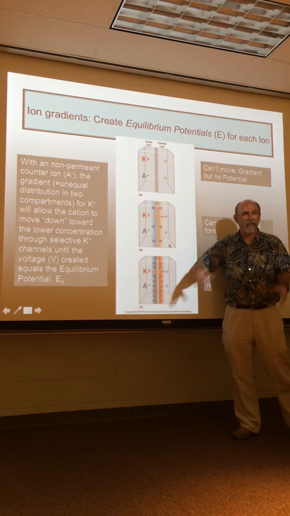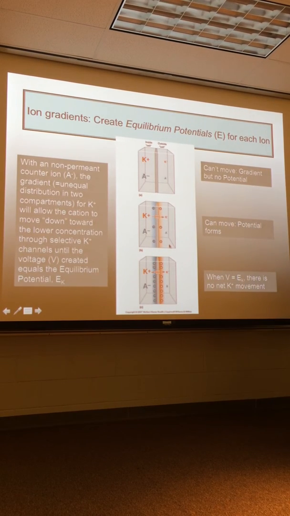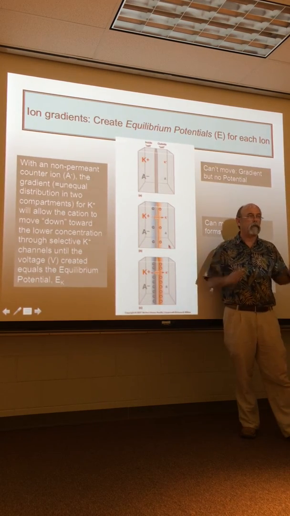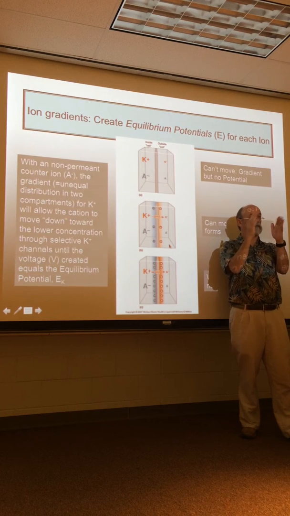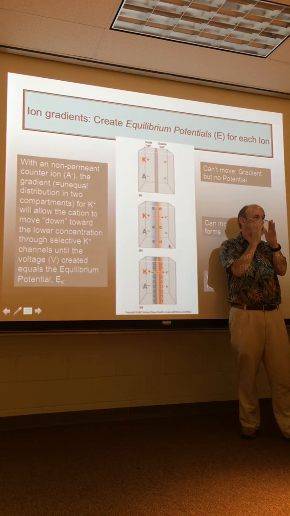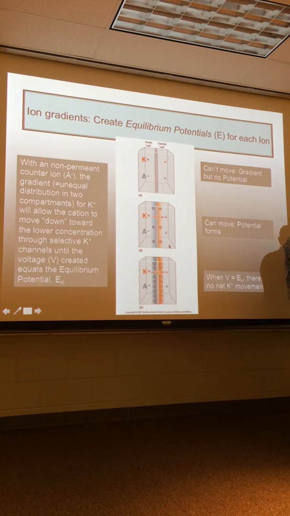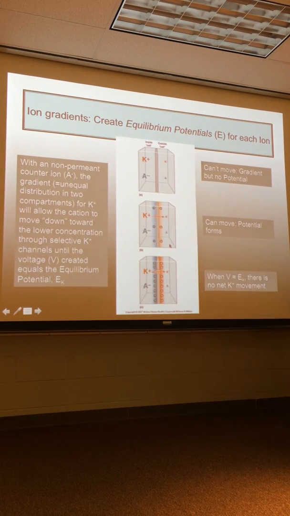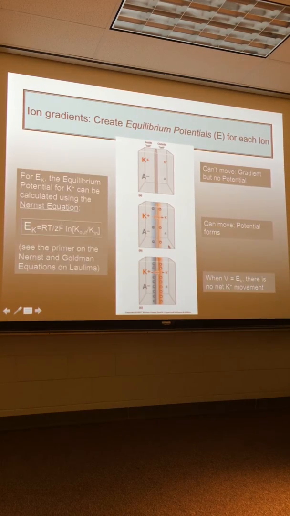So by and large, the inside of the cell is this negatively charged element, and you put just a little bit more potassium out here, just a little bit. Very little has to go. And now when you separate charge, you make a voltage. That's a lot of energy, isn't it? We know that even at these distances, that's a lot of energy. Now, it ends up being tens of millivolts, but that's enough to have an impact on the flow of the ions. We call that the equilibrium potential,